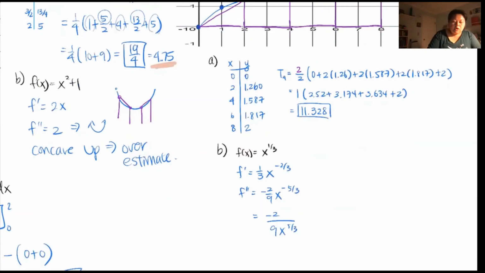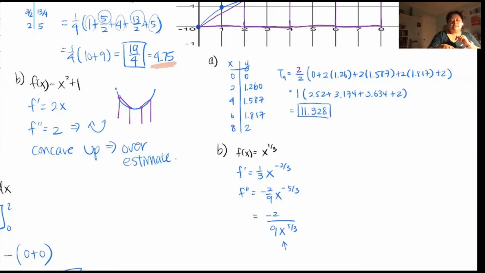Okay, so in this particular function, it's not as easy as the previous one where it's just a single number and we can see that it's concaving up constantly. In this case, depending on your x, right? If your x is positive, you're taking it to a fifth root and a fifth power, and then cube root it, it's still going to be positive. But because of the negative 2 on top, it's going to make it negative. So when your x value is positive, you're concaving down. But if your x value is negative, you plug a negative number in there, fifth power is still going to be negative, cube root that is still going to be negative,